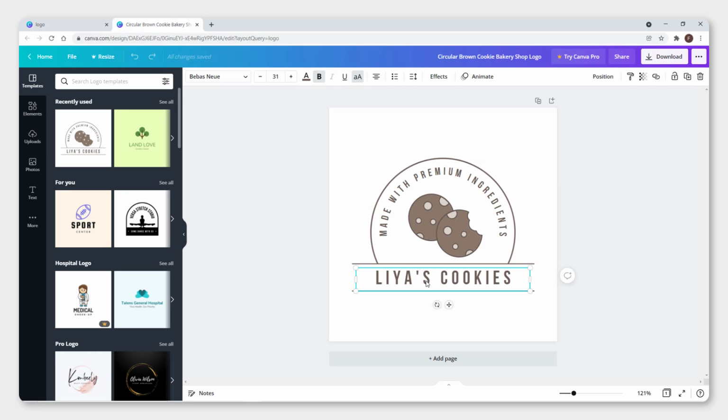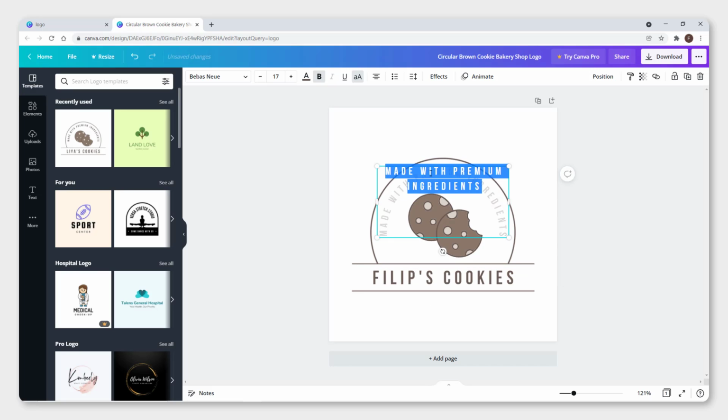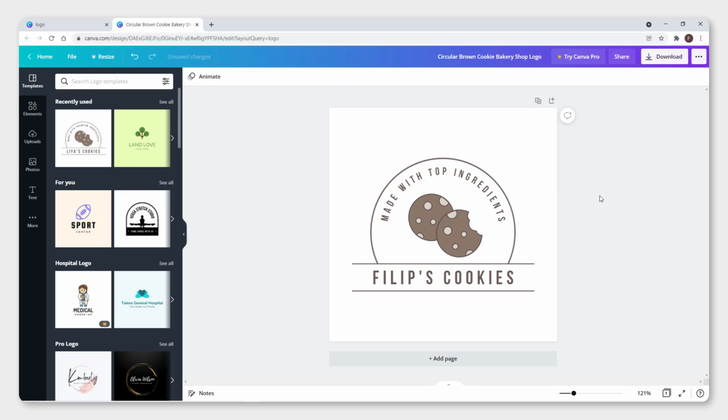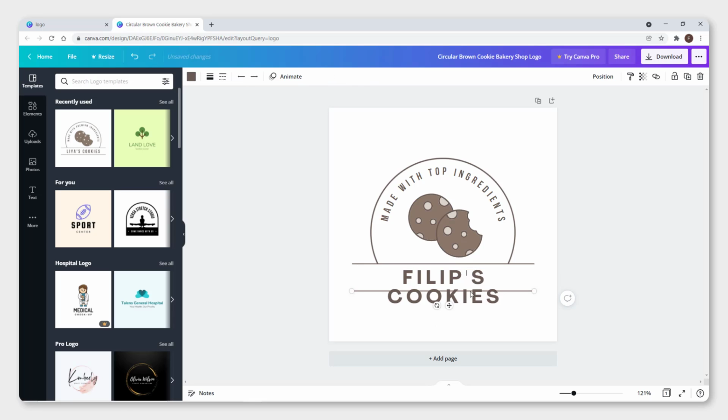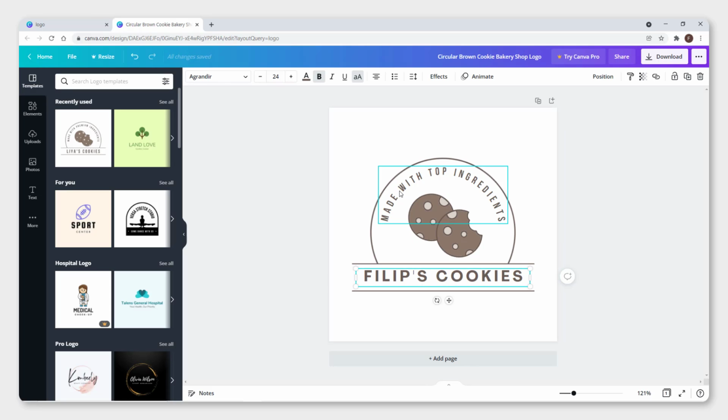Now let's change for example the text to show cookies, for example, like this. Let's change the font style. Just click on a text, and over here in the drop down menu choose the font, like this. If it's too big, click on your font and over here reduce the size to make it look in the middle. Over here